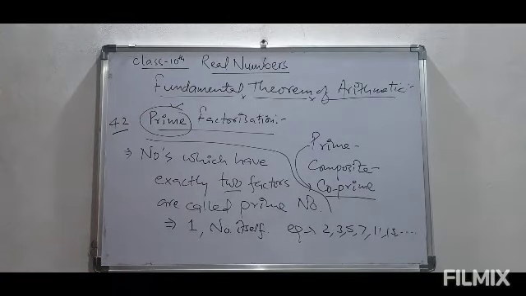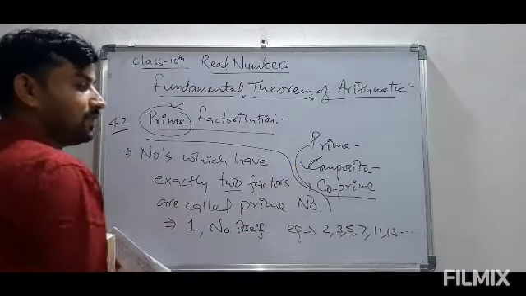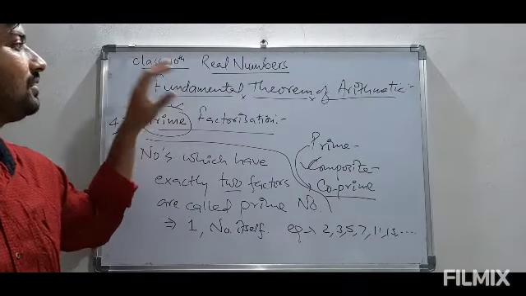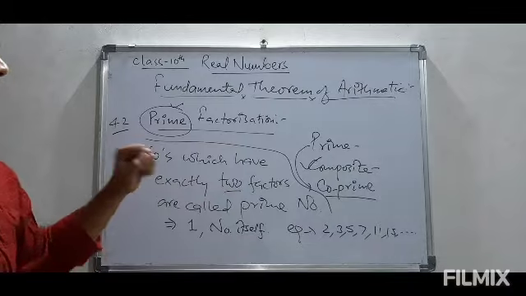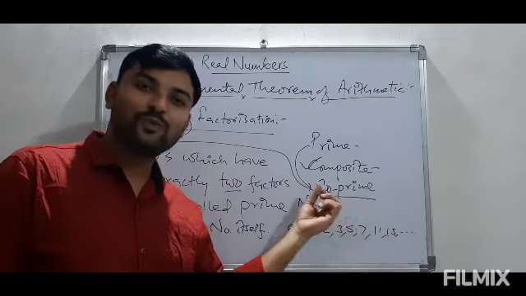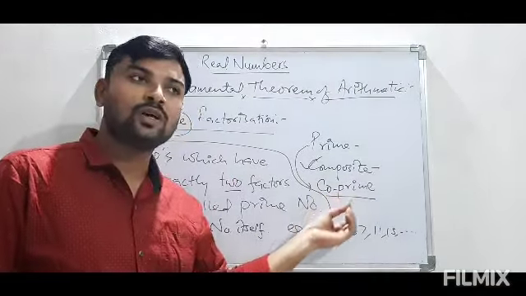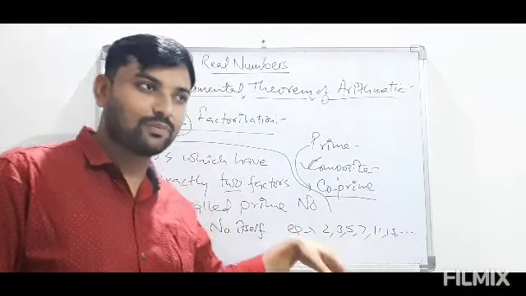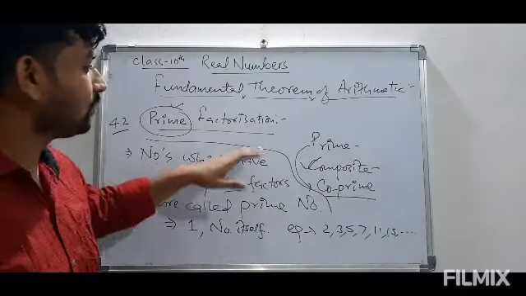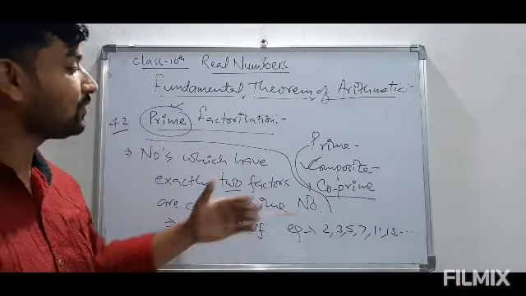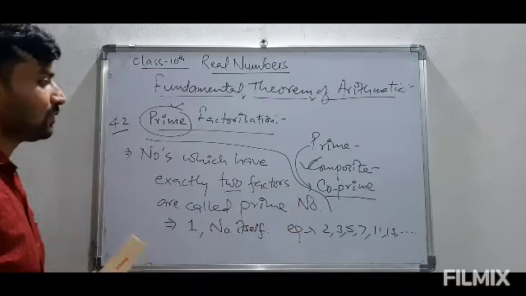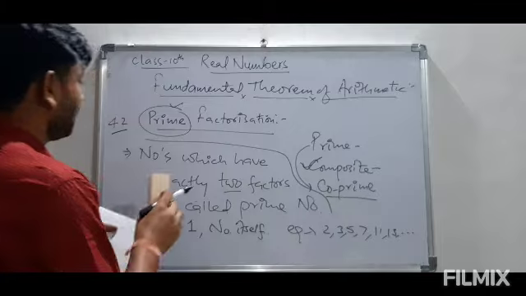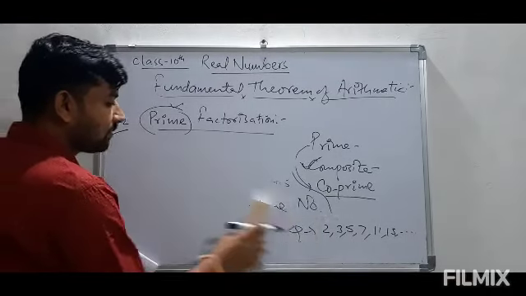Thereafter we come across composite numbers, and that is the thing which is useful in the fundamental theorem of arithmetic. And thereafter we will come to the proof of irrational numbers, like prove that root 2 is irrational, prove that root 3 is irrational, or some combination of them. So we'll be using the definition of co-prime numbers over there. So now moving further, let me come to the composite numbers. So let us discuss this.